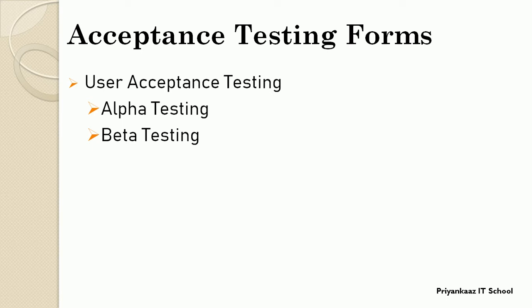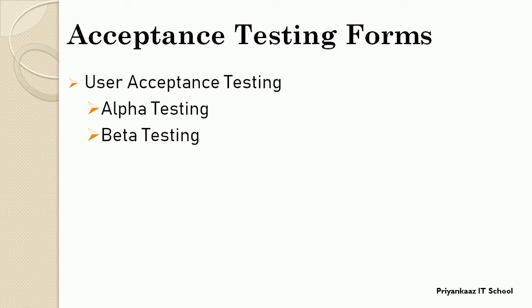For example, let's consider an e-commerce application, where every user uses some common behavior. Let's say they can search for a product, they can add an item to the cart, and they can do checkout or the payment process. So this is called a common scenario, an often used scenario, which is used by the end user. So in user acceptance testing, we simply focus on the user's point of view, whether the system is acceptable to that particular user or not, right? This is often called end user testing.